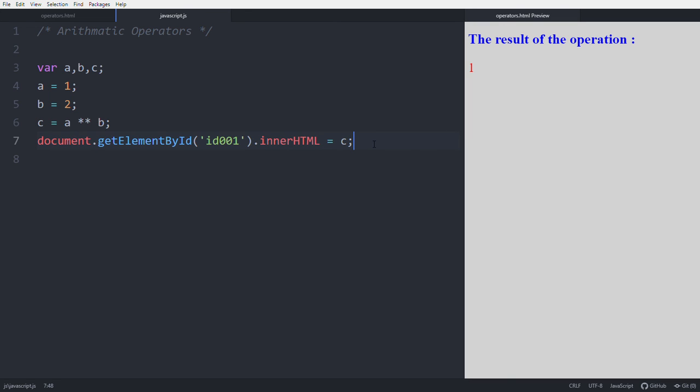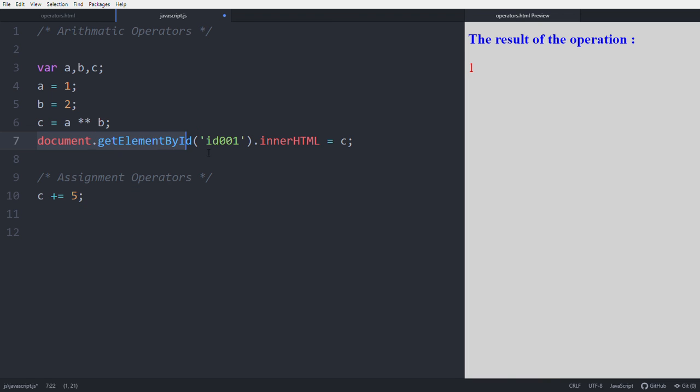Next one is assignment operators. See, in this assignment operator, first we will begin with what we already used: the assignment operator for assigning this value to the A and assigning the value to the B and assigning the entire value to the C. Then next comes the other assignment operators like plus equal and division equal, multiplication equal, like that. See, first do the plus equal. Plus equal 5.